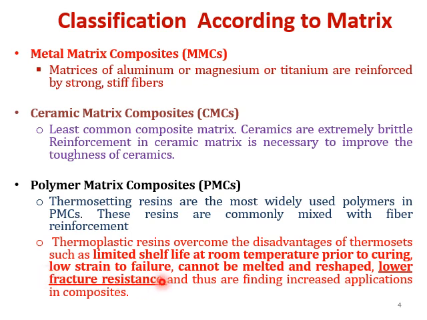And thermosetting resin has lower fracture resistance. So what does it mean? Suppose in a composite, in a matrix, a small crack is generated. That crack will easily propagate throughout the composite. The growth of that crack cannot be restricted. That is the lower fracture resistance, whereas thermoplastic resins have better fracture resistance. So these are the different disadvantages of thermosetting resin which are being overcome by the thermoplastic resin. So they are posing as a competitor to thermosetting resin today, and thus thermoplastic resins are finding increased applications in composites.